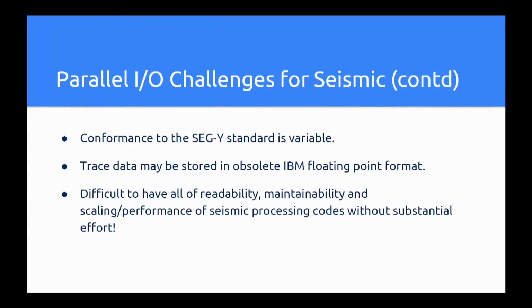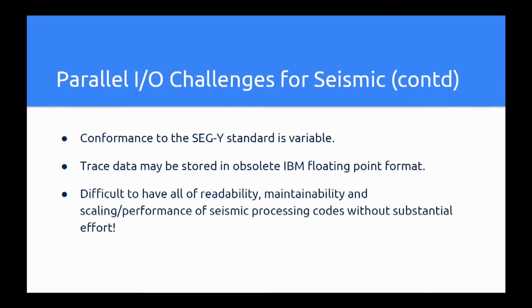The trace data can also be stored in the obsolete IBM floating point format. The way trace coordinates are stored is unusual, as are elevations and other information. So it's difficult to have all of readability, maintainability, and scaling performance in codes without significant work because of the multiple